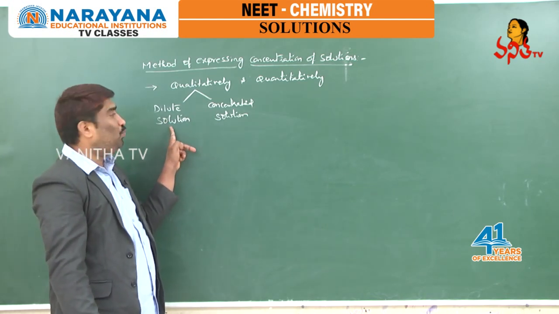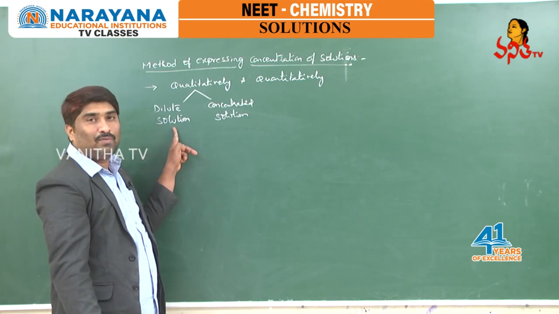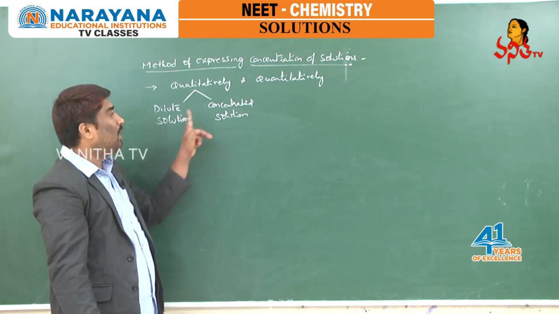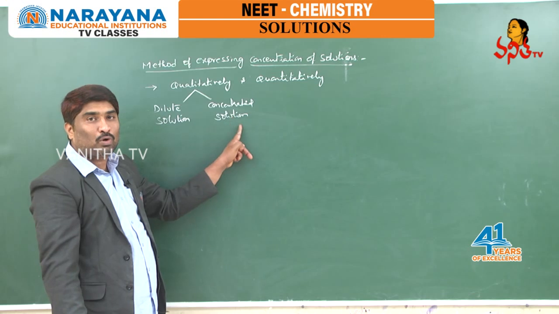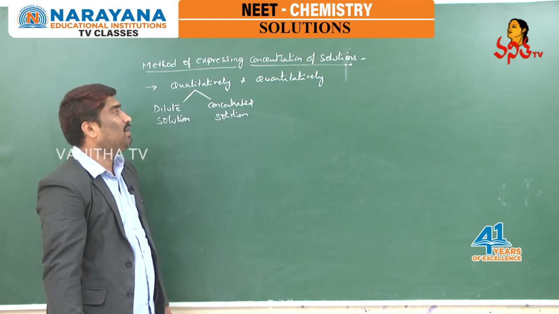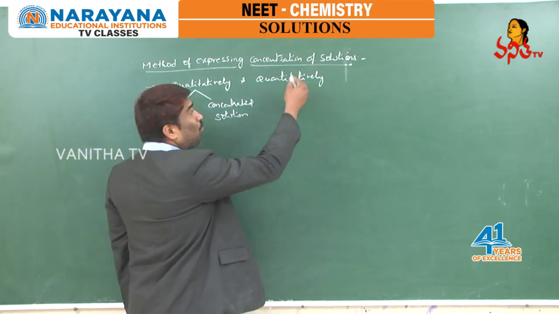A solution which contains less amount of solute is called a dilute solution, and a solution which contains more quantity of solute is called a concentrated solution. Coming to quantitative methods,